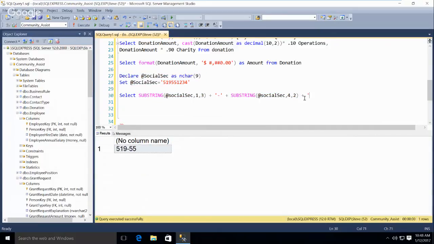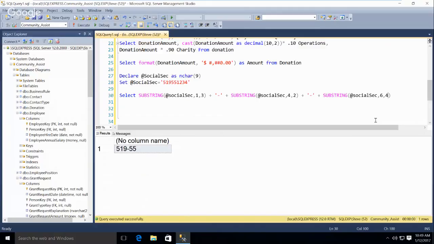Plus the literal dash, plus, and then the whole thing again. But we start at 7? No. 1, 2, 3, 4, 5, 6. And we go 4. So the second number is the character you start at, and this is how many characters to take.